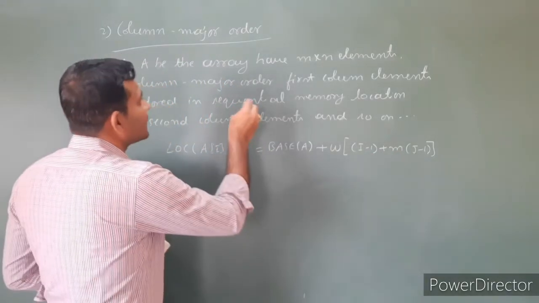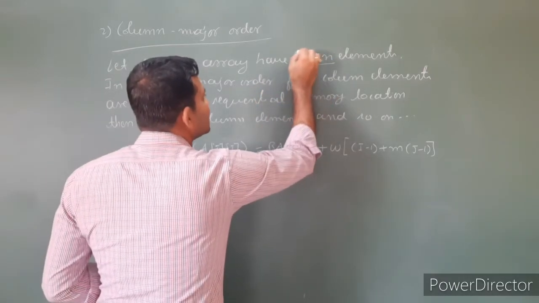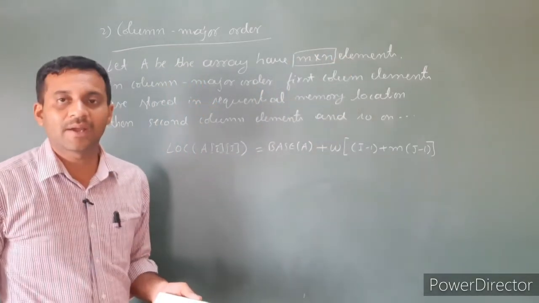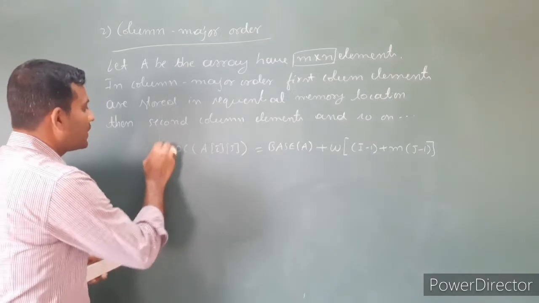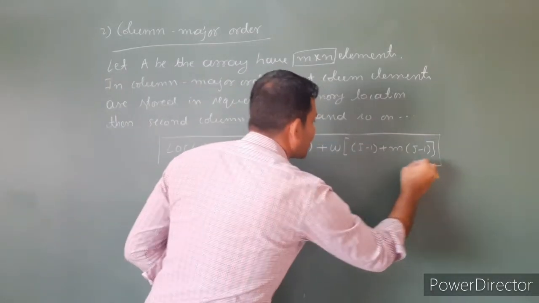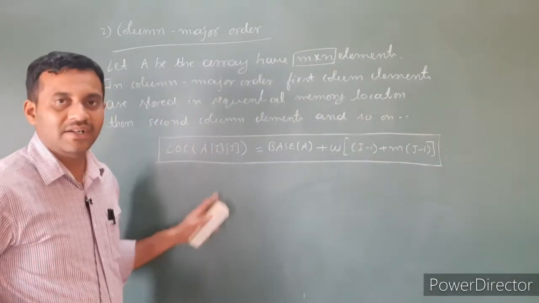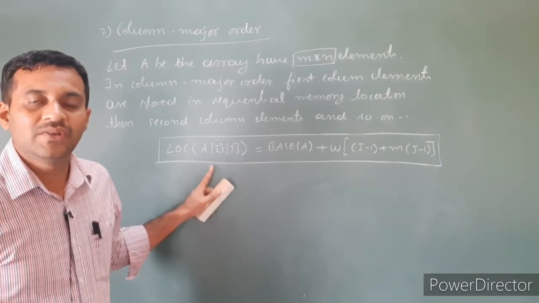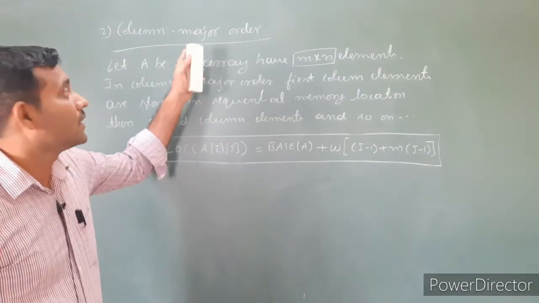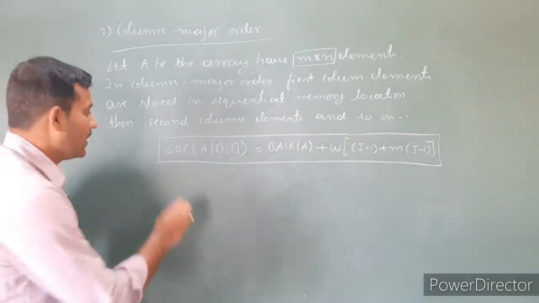The order is m cross n. See the correction, the order is m cross n. This is the formula to access the address of a given element if the array follows column major order, where